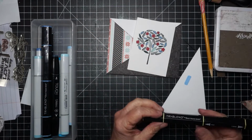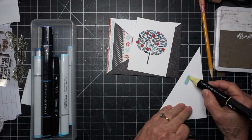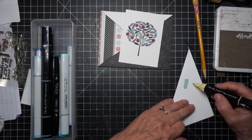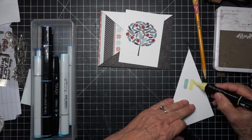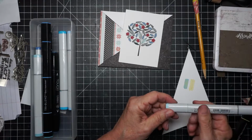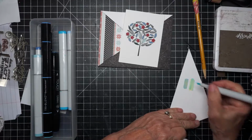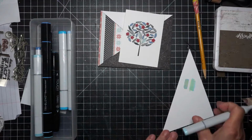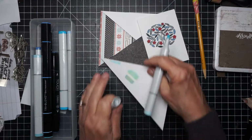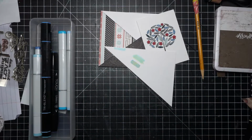So let's see what happens if we just add a little bit of, or if it goes too green. It goes a little green. Let's try it the other way around. Maybe another blue. Something light. That's still a little too yellow too. Let's see what we look like right here next to it. It's not too bad, but it's not...